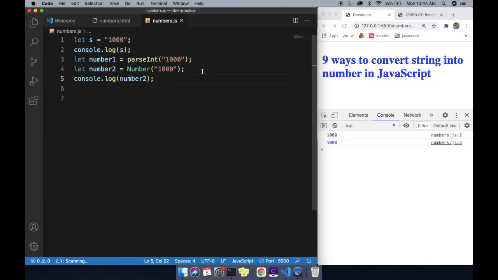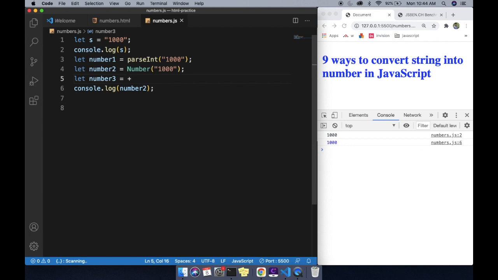And what is the third way? The third way is, I personally prefer this approach to convert string into a number. It's very easy, and when compared on performance also, it is the best. Let me declare a variable number 3 equal to, and just directly use the unary plus operator before the string you declare.